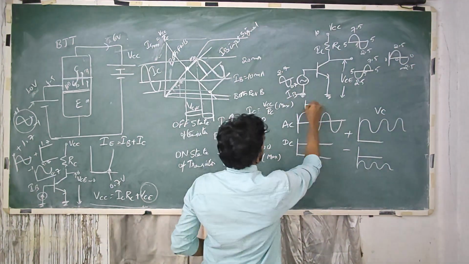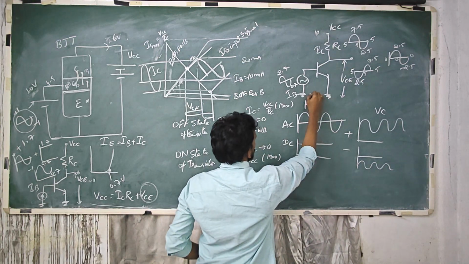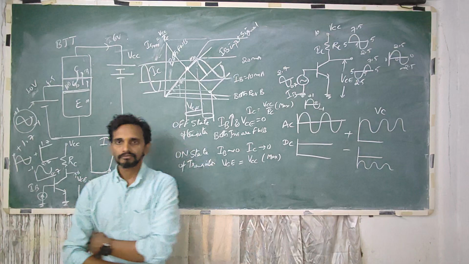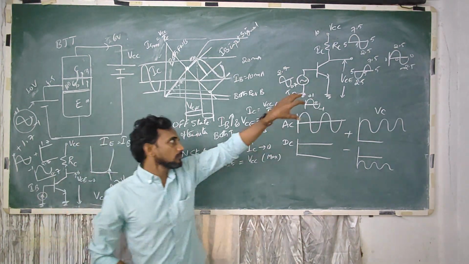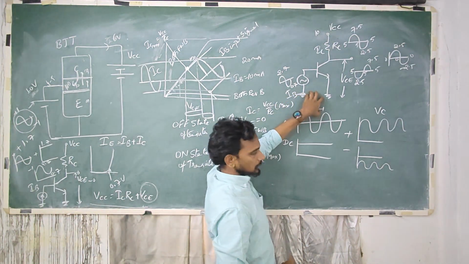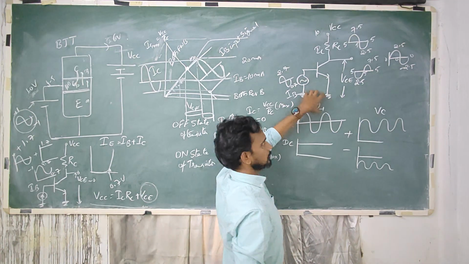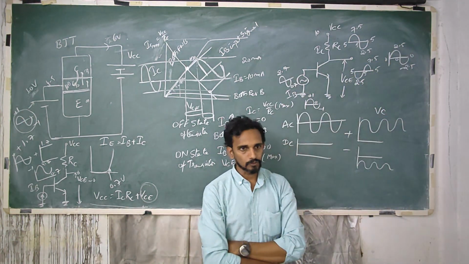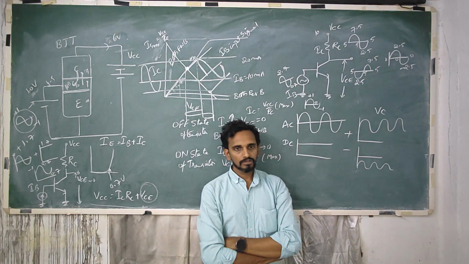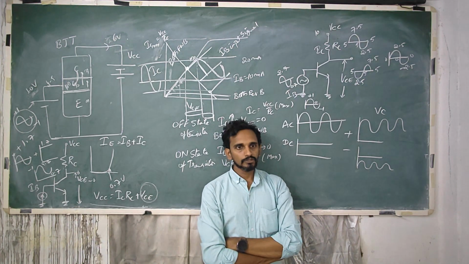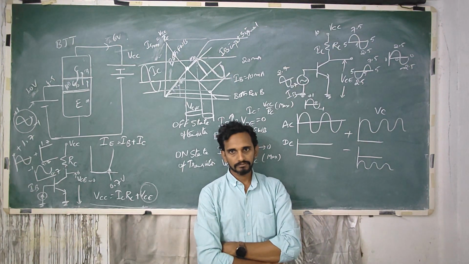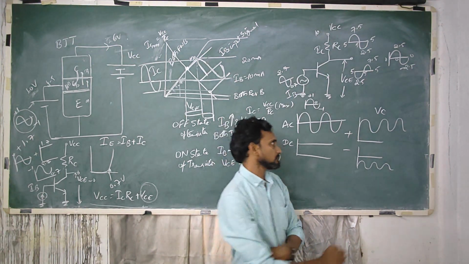So original input signal is what? Plus 1, 0, minus 1. So I gave 1 volt peak signal in the input and I got 2.5 volts signal in the output. So the input signal is amplified by 2.5 times. So amplification factor is